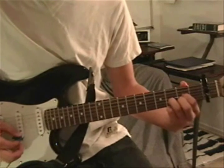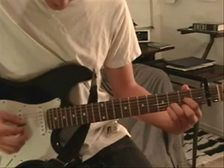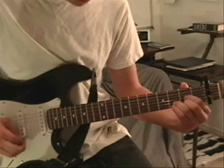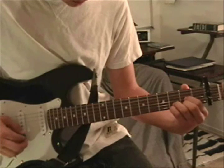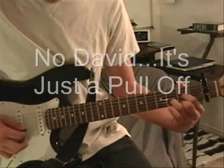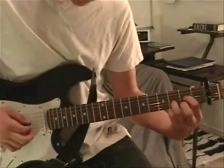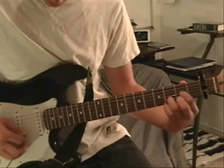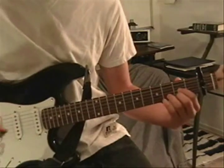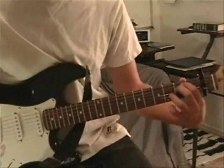Hammer on onto the second fret on the E string, and straight back down. Hammer on to the third fret on the E string. It's a hammer on, pull off, onto the B, okay? Just to recap. Remember, it's open. Okay? I may have messed up, but the corrections will be in the bottom. And then after that, you go straight into the chorus, which is...